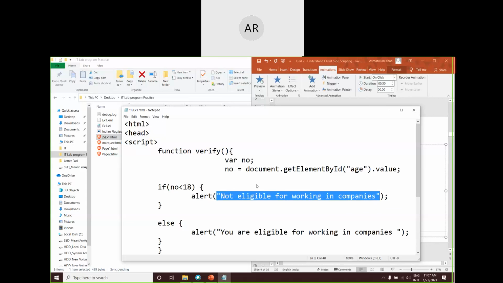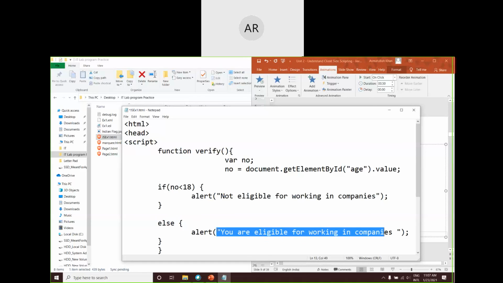That alert box will be by default created with a close button and an OK button for me. If this age is not less than 18, else what to do? Simple. Put up another alert box with a different message telling that you are eligible for working in companies.